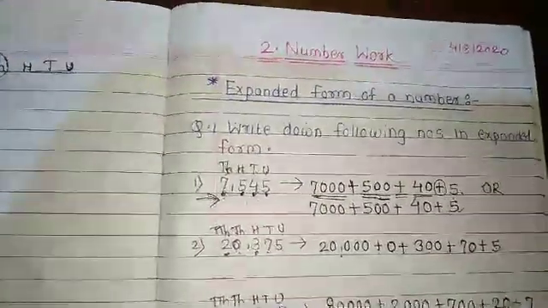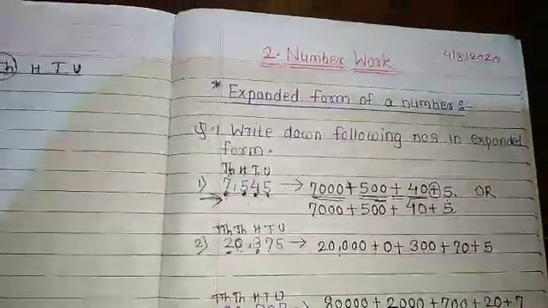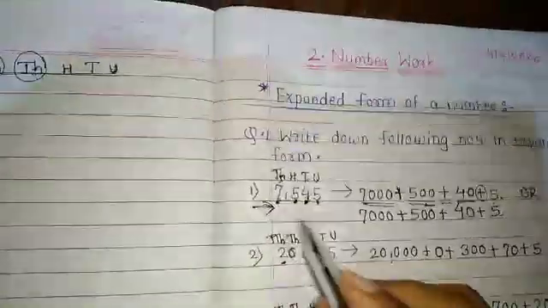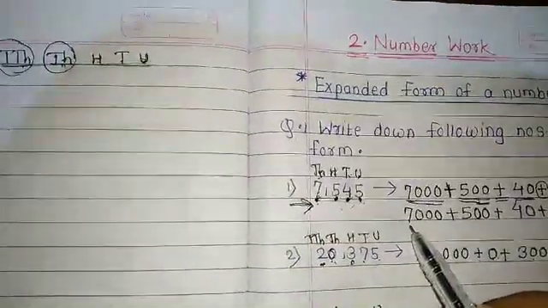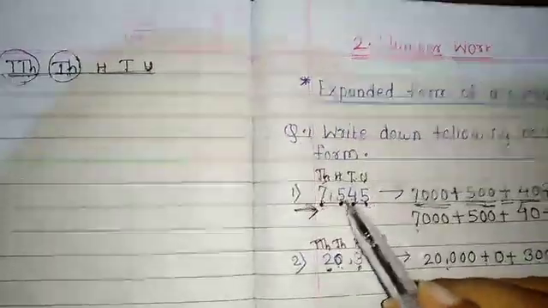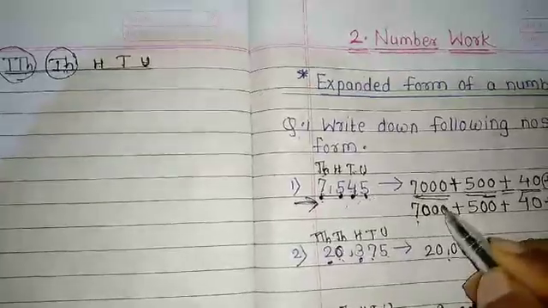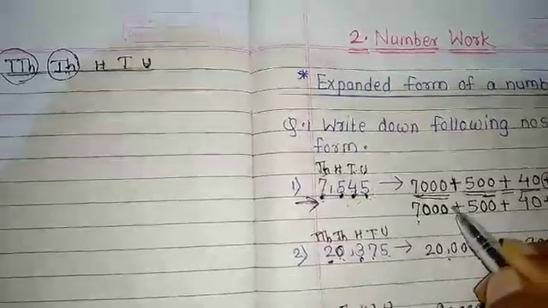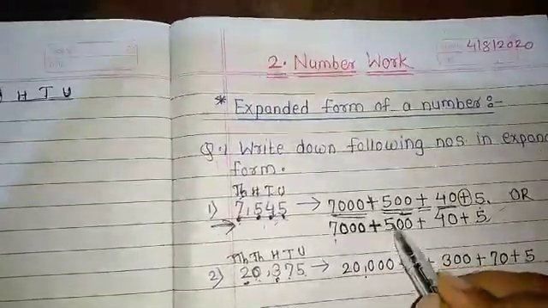There is another simple method, or shortcut method, to write the expanded form. What do we have to do? Take the first number. Yes, I am taking the first number, 7. Then count how many numbers are present after this 7: 1, 2, 3. So write 3 zeros after it. Then I am writing an addition sign. The next number is 5. Yes, I am writing 5.